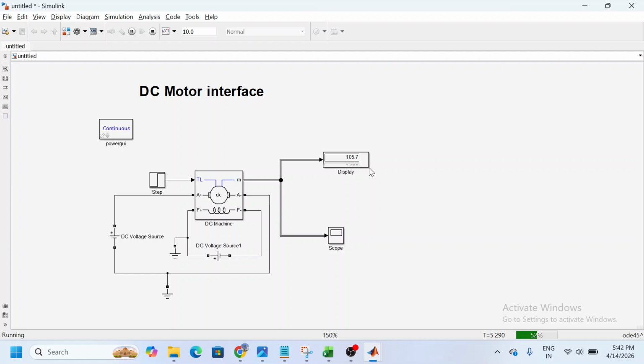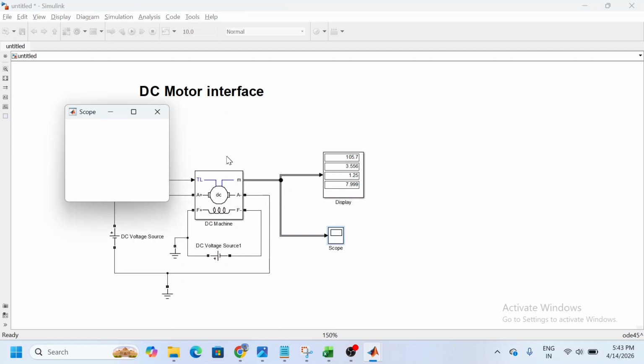Yes, so here we got multiple values. So I will just increase the display size. Yes, we got the 4 values here. Okay, so what are the 4 values that we will find out using the bus selector? Here you can see the values 105, 3.5, 1.25, 7.99. So when you open the scope, you will find all the values